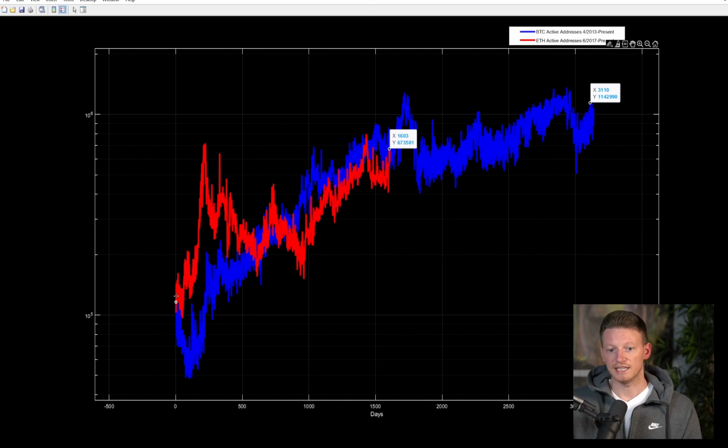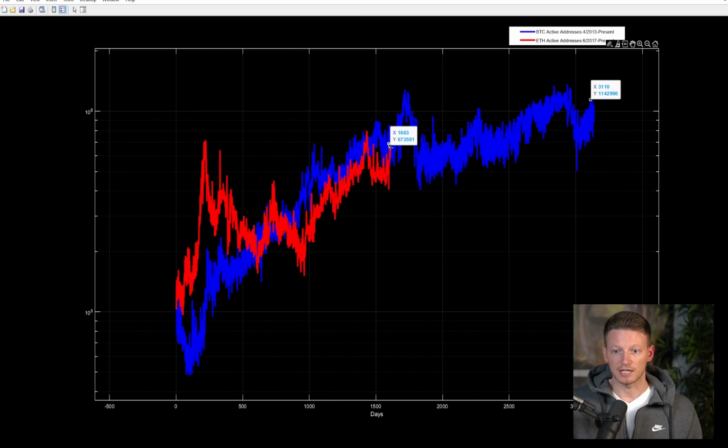When you look at the age from the point where they attained 1 million active users, the similarities are actually pretty striking. You can see that they're essentially at the same point. So this would be somewhere at around 1600 days following the point at which they attained 1 million active users or addresses. So next what we're going to do is look at that same relationship, but we're going to do it with respect to price from those dates.